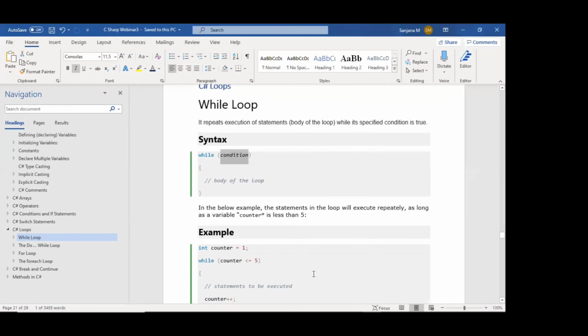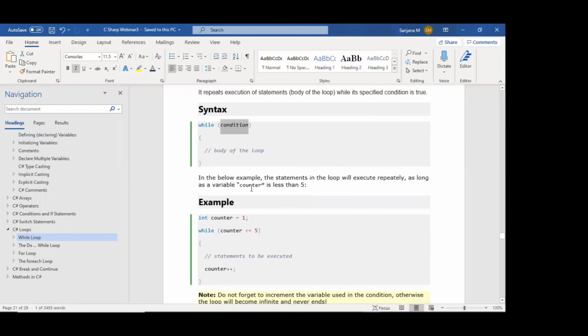Now if you see the example below, we have declared and assigned an integer variable counter with the value 1. Here we are using a conditional expression, counter less than or equal to 5.